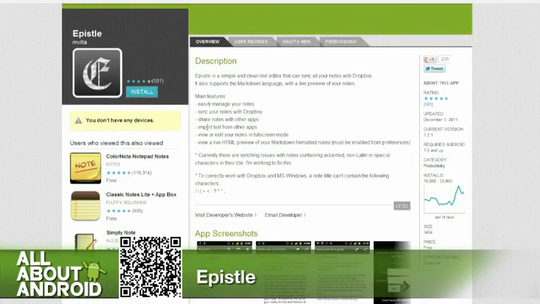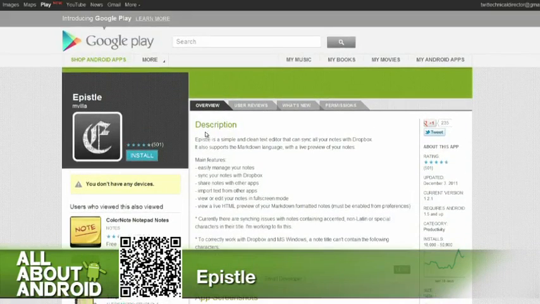Sometimes I pay 99 cents for things and forget about them, but it's got great user reviews. I got recommended to it by someone who's a Markdown fan. But whatever you write, Epistle will save it for you and make it real easy. It just automatically syncs it as a text file to your Dropbox to find it later. For some people that's going to be like, so what? And for some people they're going to be like, that's amazing. For me, it's the latter. It's just a great way to write things, and you don't have to go find them later.